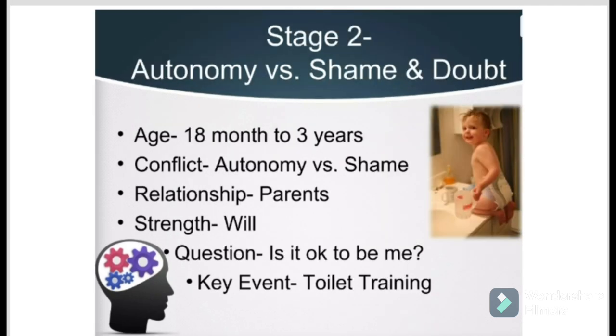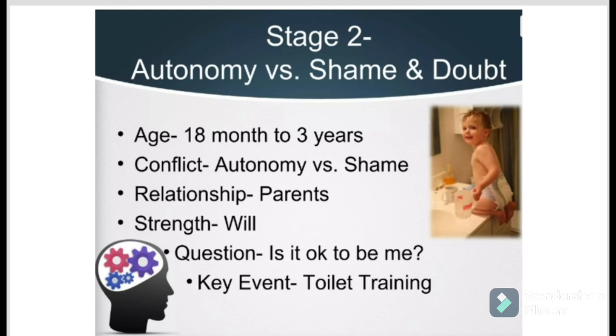Okay. Stage 2 comes from the age of 18 months to 3 years. Okay, 18 months to 3 years, a child develops the thought of autonomy or shame. If a child has a good relationship with the parents, siblings, and other people at home, is getting his basic needs fulfilled, and is getting all the attention, then he gets autonomy. Or if there is a deficiency in these needs, then in the result there comes shame or doubt. A child does not get self-confidence.